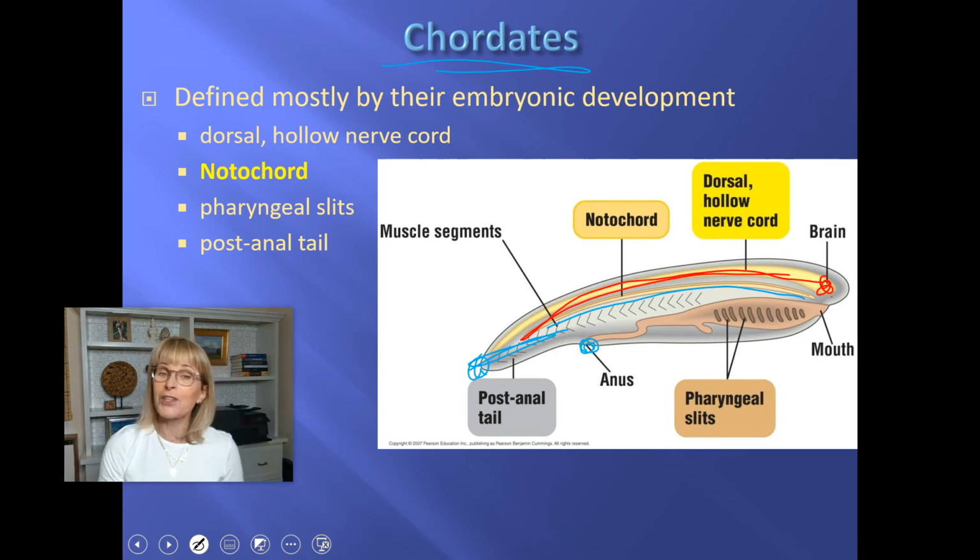By the way, something I want to mention, really watch the crash course video on chordates. It's a little bit long, but it's really good, okay? So you should know that these are the 4 qualities that a chordate will have at some point in their